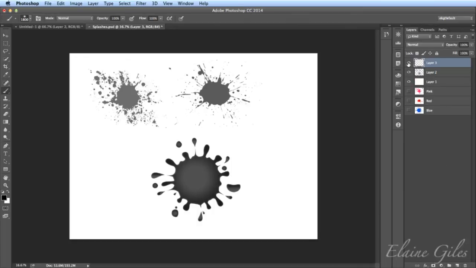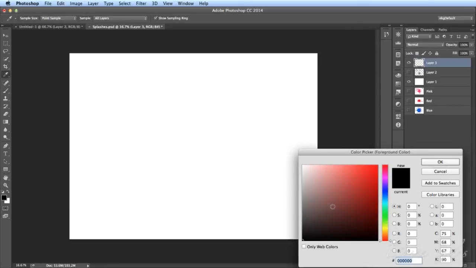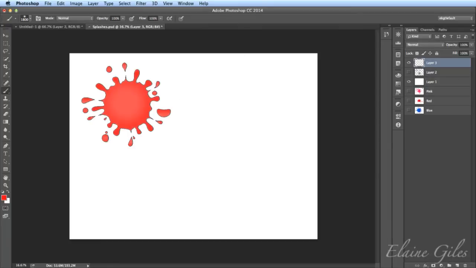Now, that's important. So I'm going to add another layer here. And this time, I'm going to change the colour that I'm painting with. So let's say I go and paint with red this time. So same splodge, but red. And it works, it makes it red. There is even in there a little bit of a gradient, some kind of opacity with it. But the problem with it is, it looks a bit flat. It looks very flat when you just change the colour of the brush and then just stamp on there. It makes it a little bit flat.